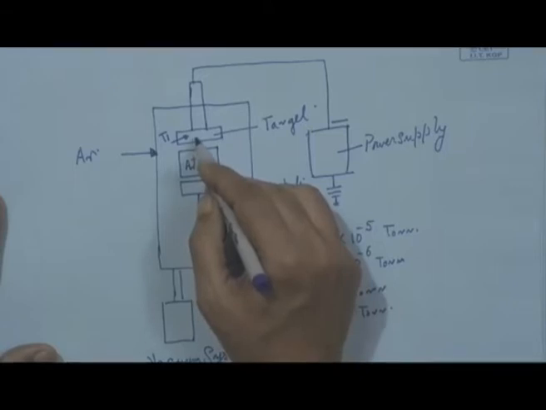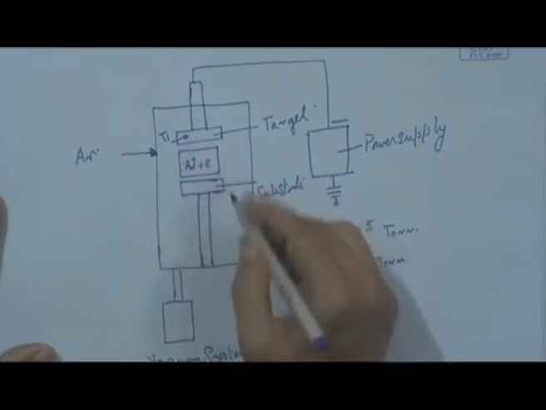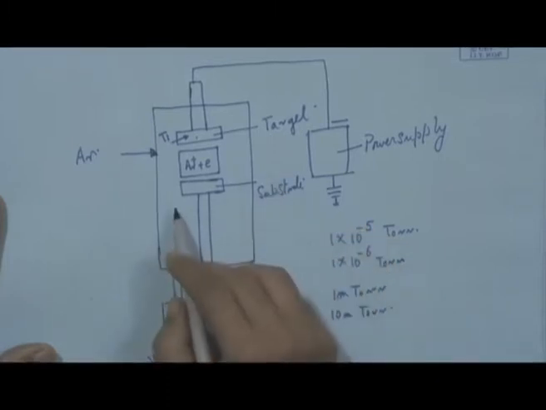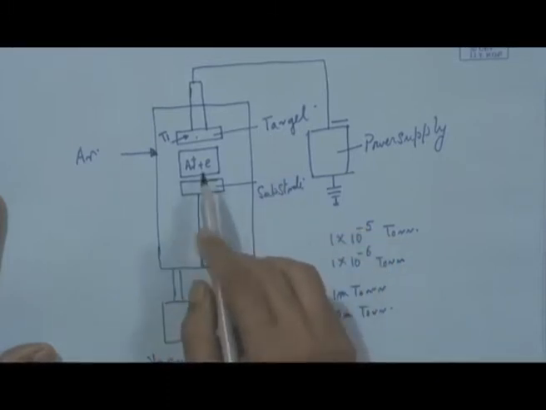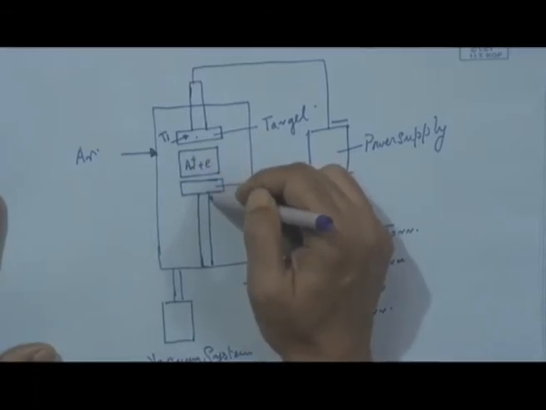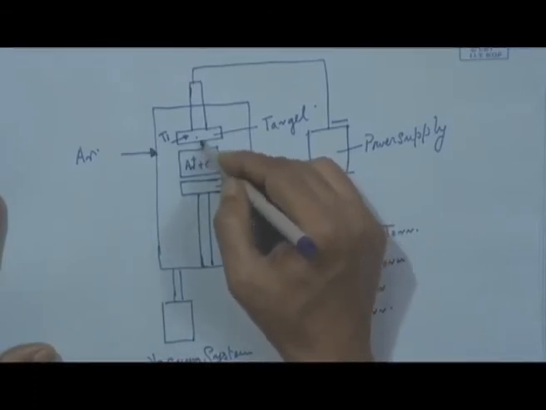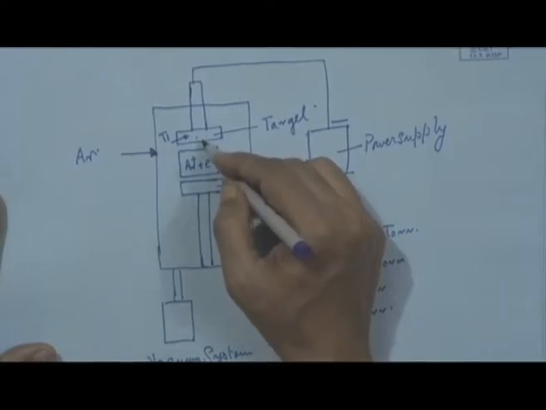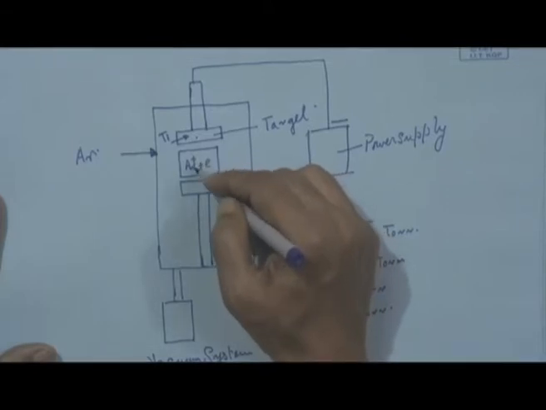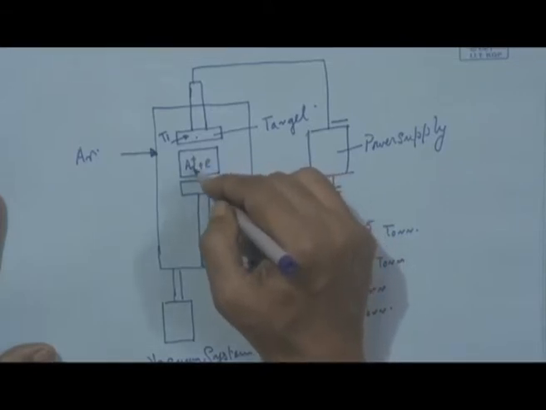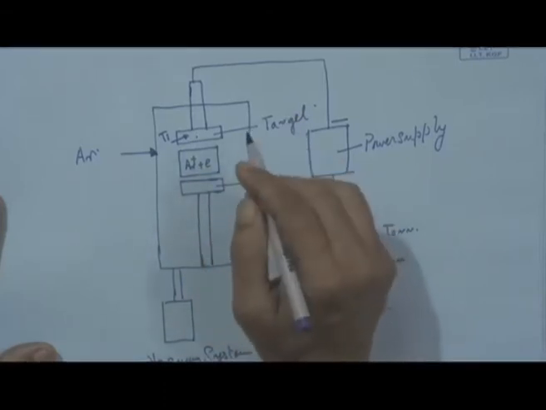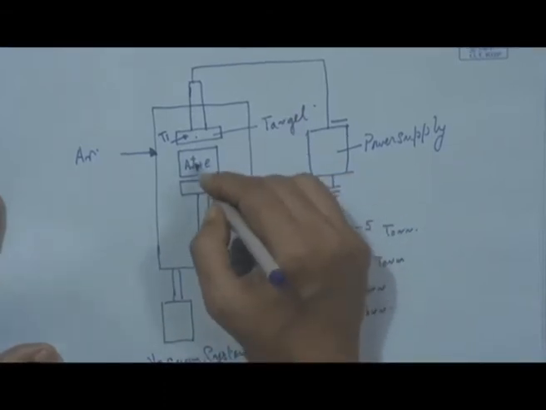So, there will be one cathode and one anode. Even the wall of this chamber can be the anode, or we can also put in an auxiliary anode. During the course of movement in the space between this substrate and the target, what is going to happen? This electron will strike and have a collision, splitting the neutral argon into positive argon, and as a result